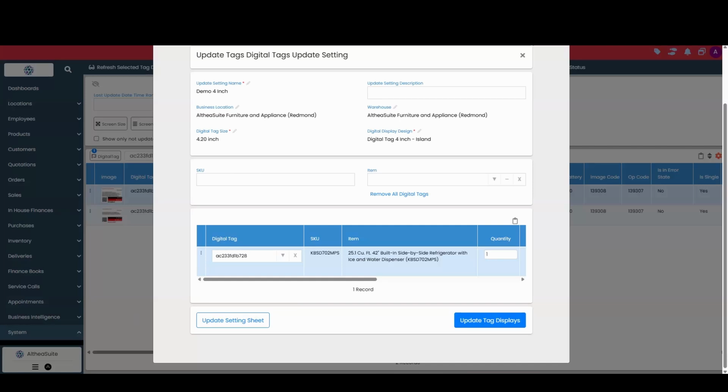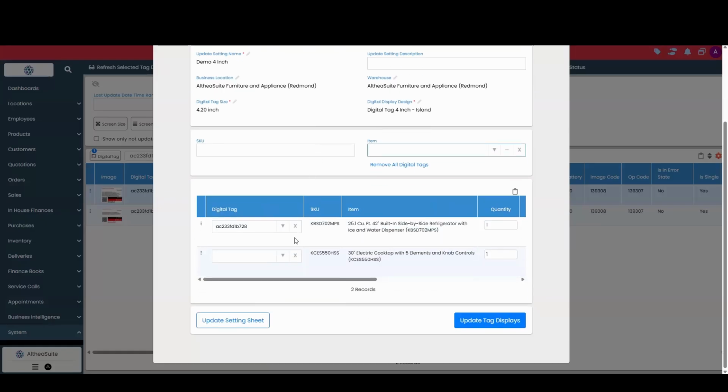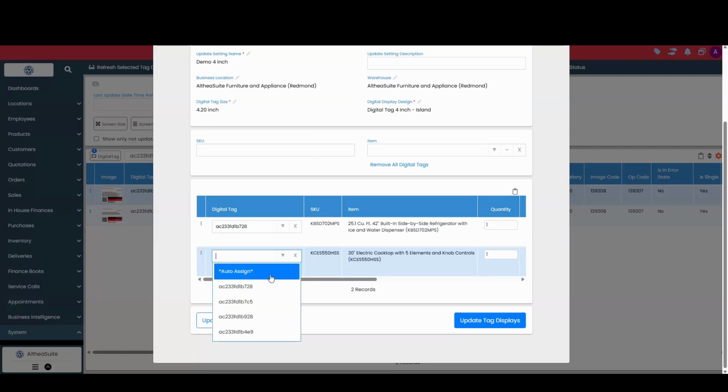Now I also want to do my second tag, so I'm going to find another model number that I want to update to. All we're going to do is add that back. There's an option here that says auto assign. So if you have a lot of different tags and you don't care which one the item gets added to, you can go ahead and hit auto assign. But if you do care about the specific tag, then we do need to type it in. So my other one is B928,